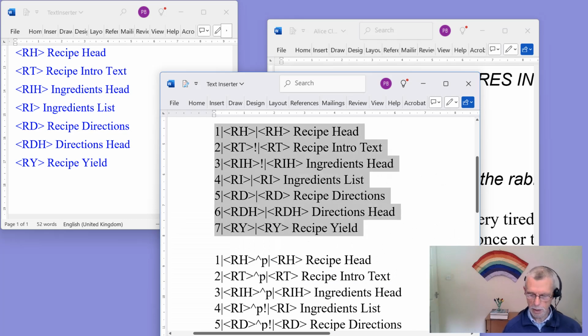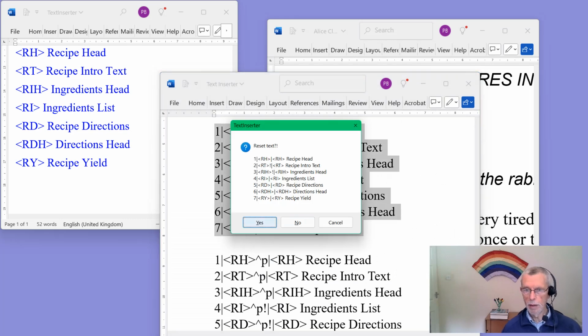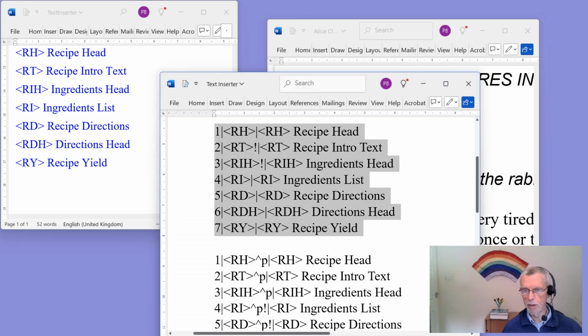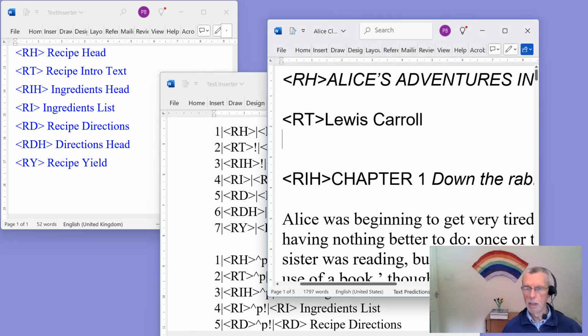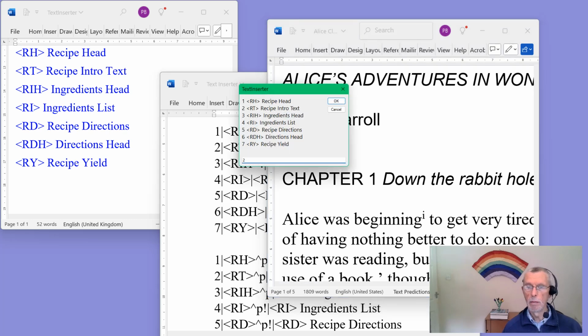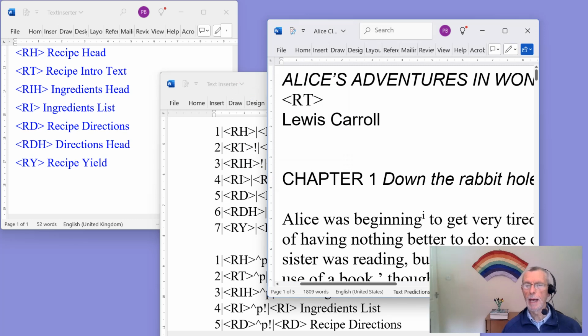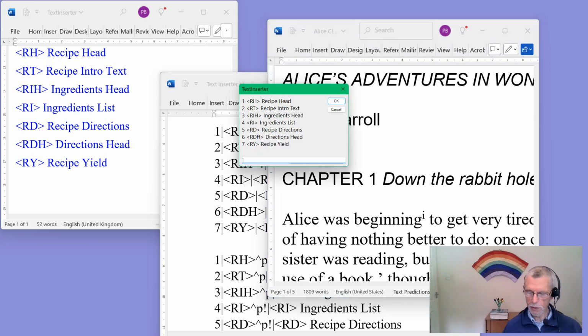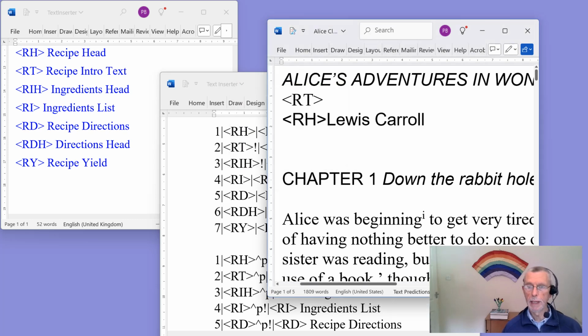So if I select that one and set that up, reset the text to those particular items. Then when I go to here, let's get rid of the funny codes that are there already. So I can go in the first one there, and I can decide that I want the second item there, number 2, and it goes at the end, whereas the first one went at the beginning. Okay, and what you'll also notice is that